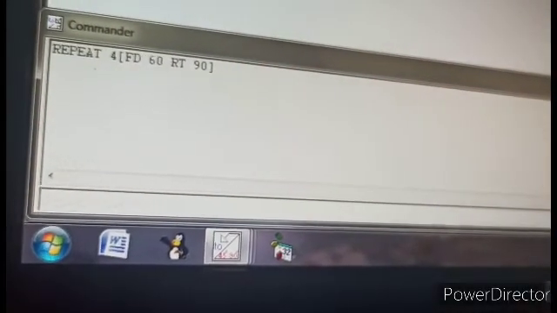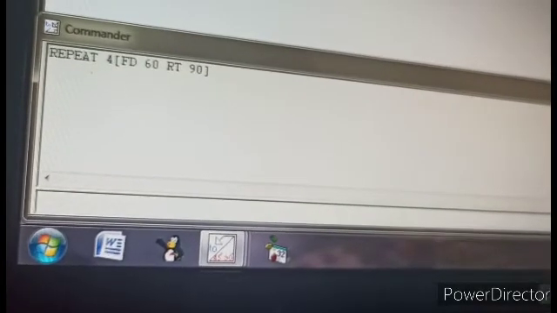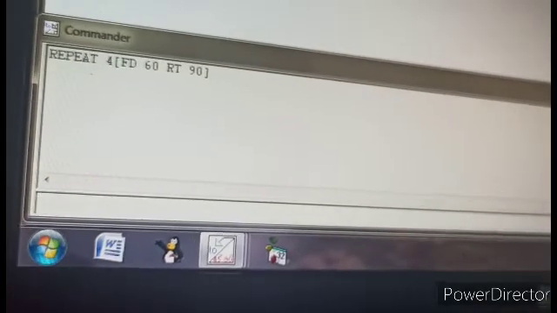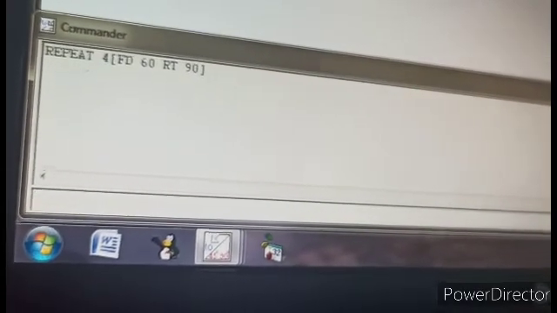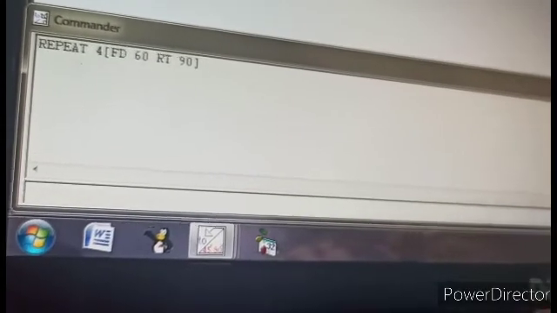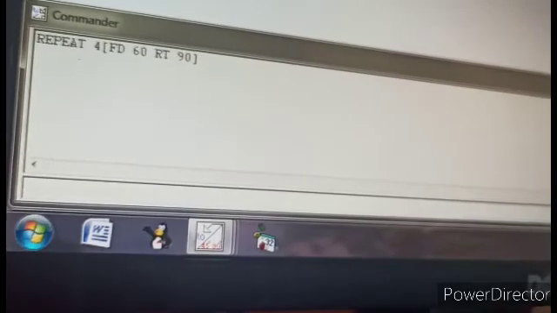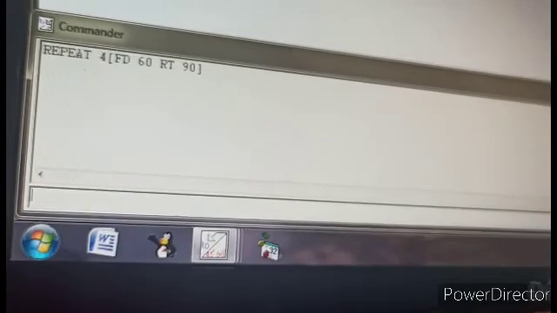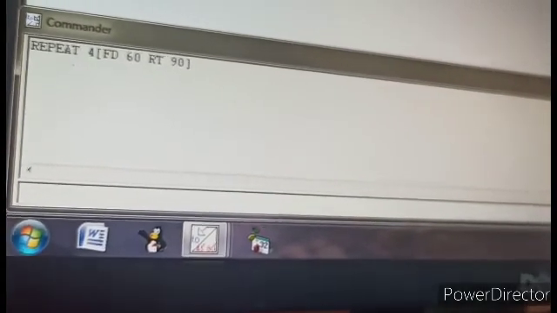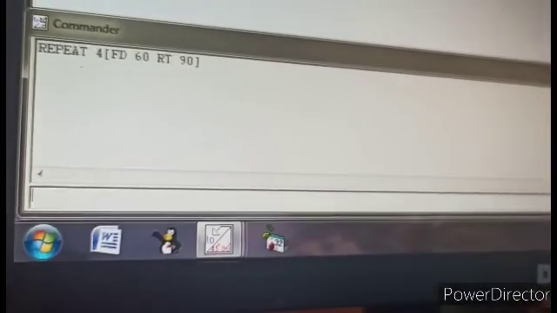So the commands we have done from this chapter are FD, RT, BK, LT, CT, CS, these are the most common commands, and also repeat. Repeat is still not in your book, but you can use it to do the work in an easier manner. The home command is also there, and HT to hide the turtle. And to bring the turtle back on the screen, that is the ST command. ST and HT show the turtle and hide the turtle. So by using these commands you can draw any shapes whatever we need.